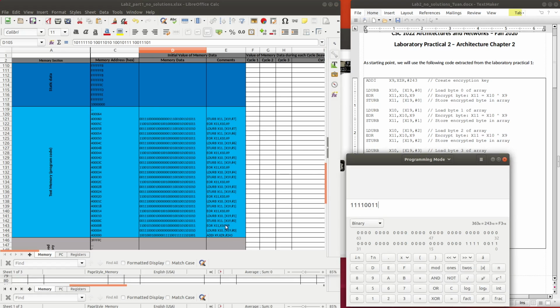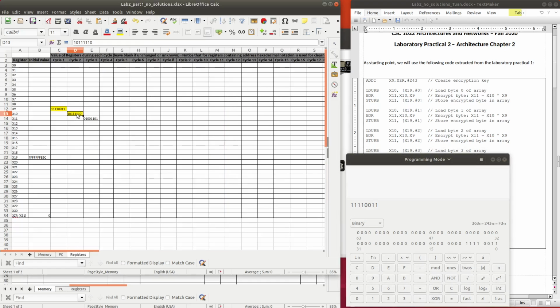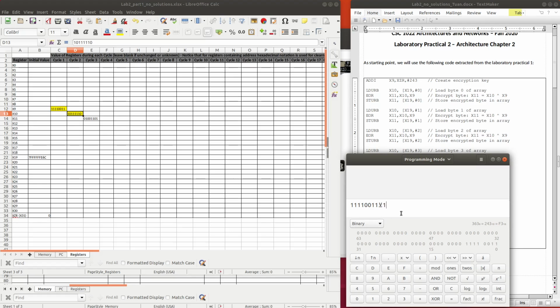The value in register x10, which we need to exclusive OR with, is 1011 1110. So the exclusive OR result is 1001101. The first bit should be 0 because we need 8 bits.